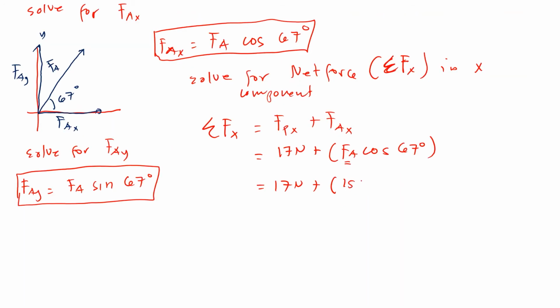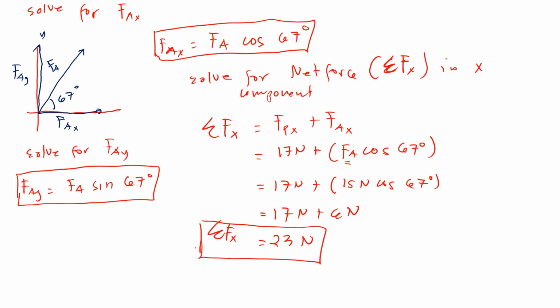So this is 15 newtons cosine of 67 degrees, and this is equals to 17 newtons plus 15 newtons cosine of 67 degrees is equals to 6 newtons, and this is equals to 17 newtons plus 6 newtons is equals to 23 newtons. So the summation of f sub x is equals to 23 newtons. So let's solve for